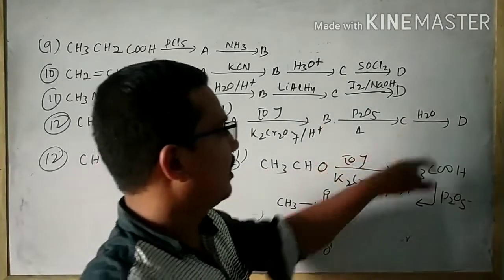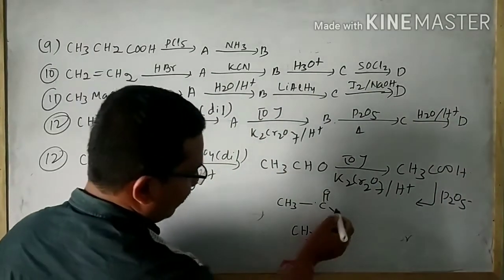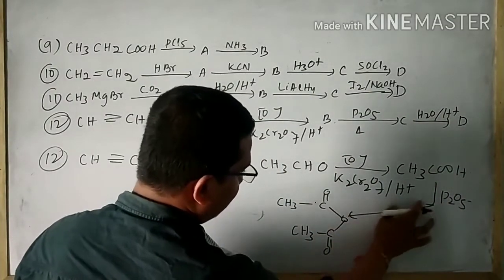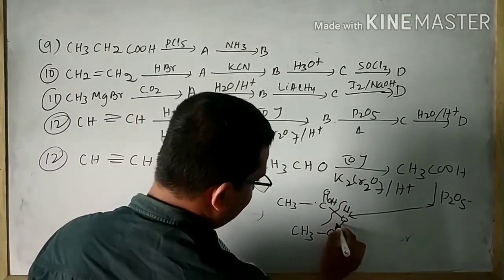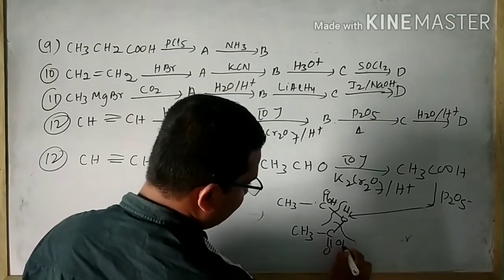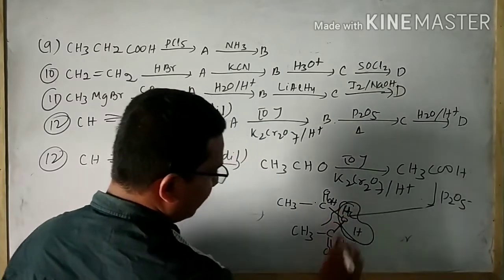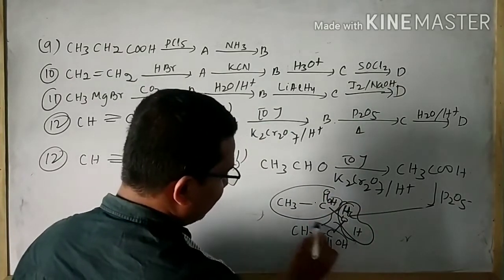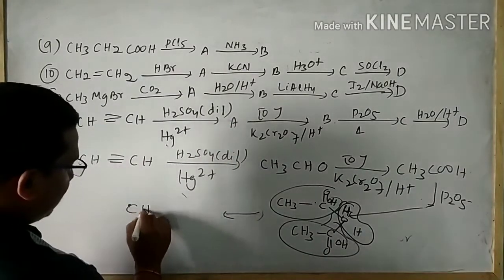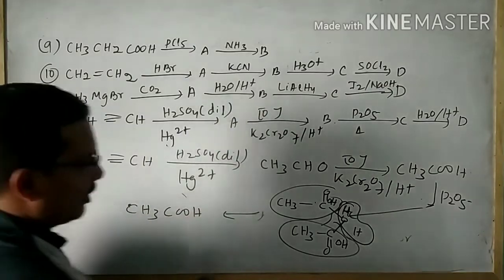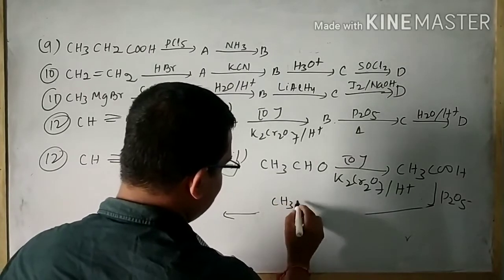Next, it is subjected to hydrolysis, H2O, H plus. Take the hydrolysis like this. Here break this bond, it gives OH and H. Here a water molecule will be formed, and this is your acetic acid, and this is also your acetic acid. That means we can write CH3COOH. Finally, we can find out all this A, B, C, D.